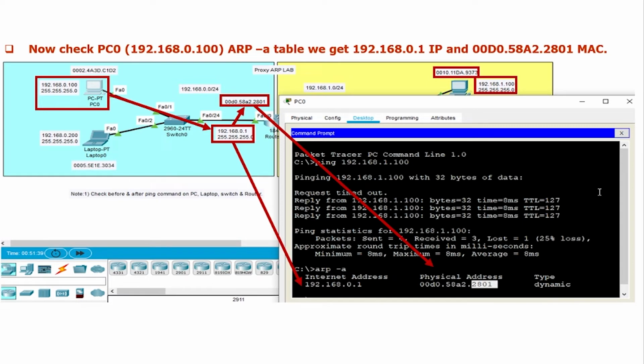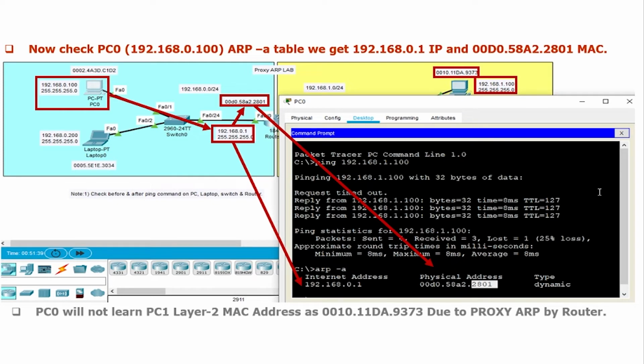Many of them think about this because in earlier sessions we have learned ARP and reverse ARP. Now this is proxy ARP. On behalf of any other network, the router will send its own IP address and MAC address. That is called proxy ARP.